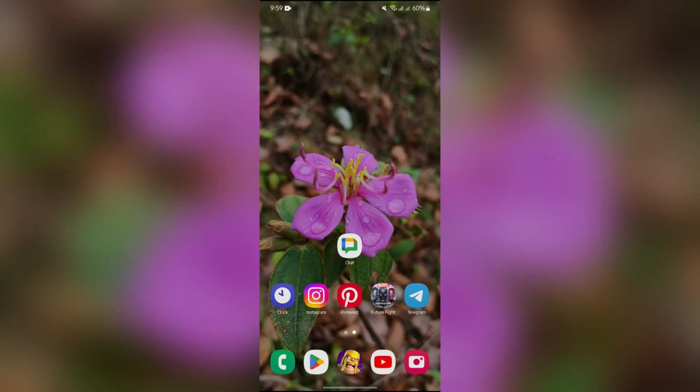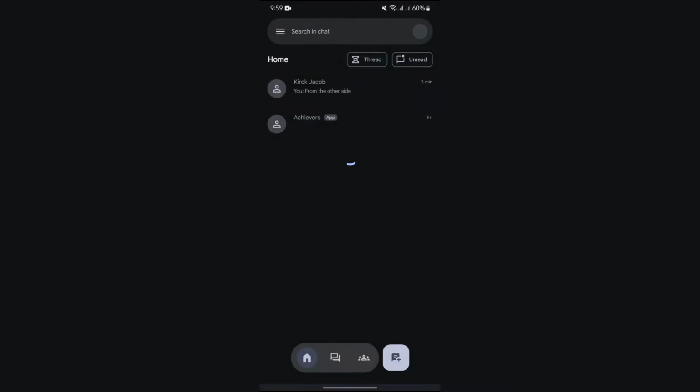Now, in order to do that, you just simply have to open your chat application. And after opening the chat application, you will get to see a bunch of options on this homepage. Now, from here, you just simply have to search or select the profile which you would like to unpin from